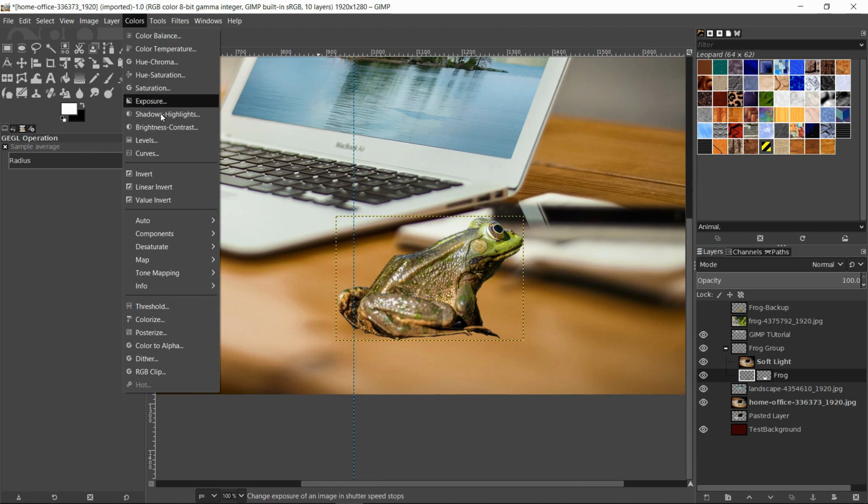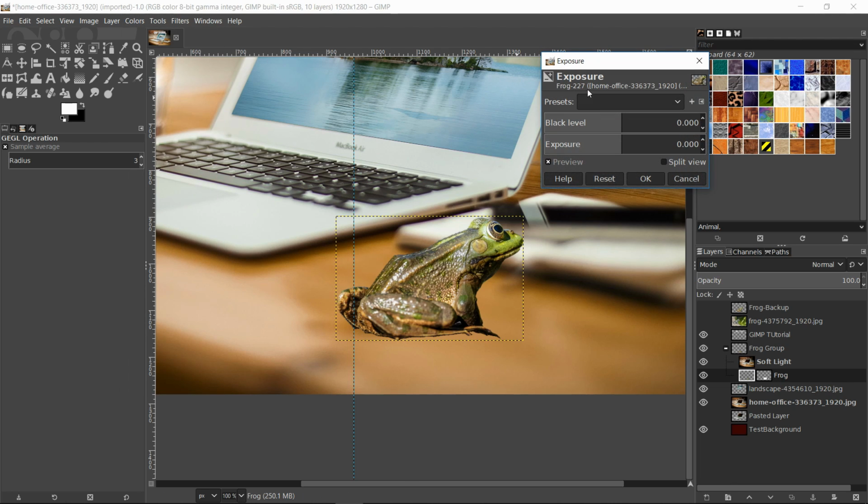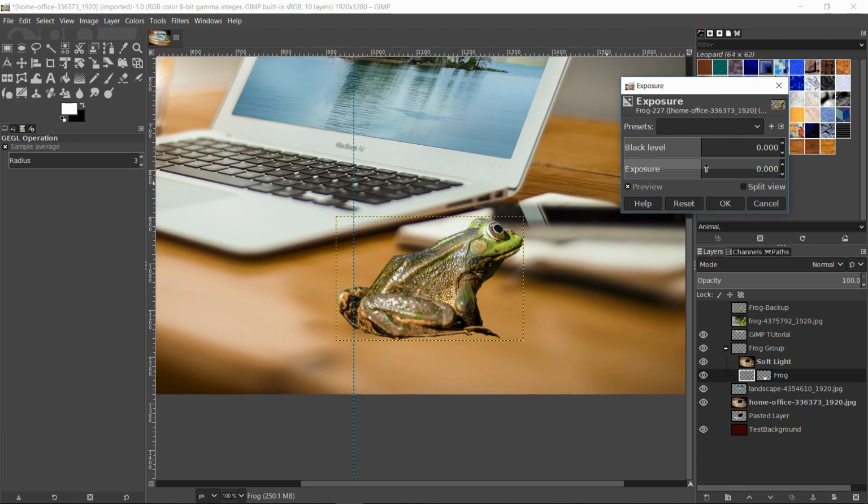So all of these tools you see in the color menu more or less work like that, where you take your image and you are able to adjust the colors or the luminosity or brightness of that layer that you're working on. So for instance, I can go to the exposure layer, and if I want everything to be a lot more shifted towards black, I can lower the exposure down, basically making it look like there was very little